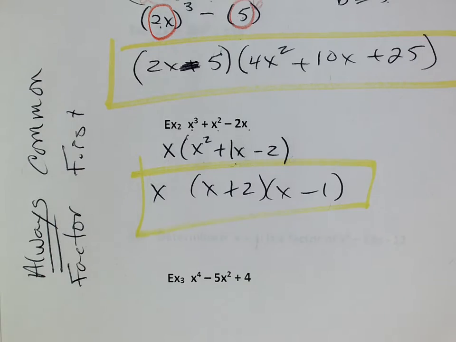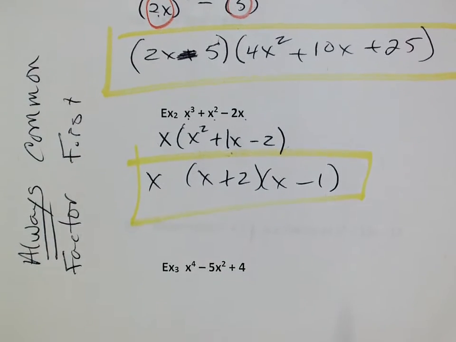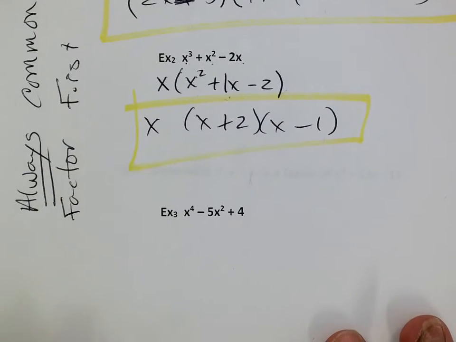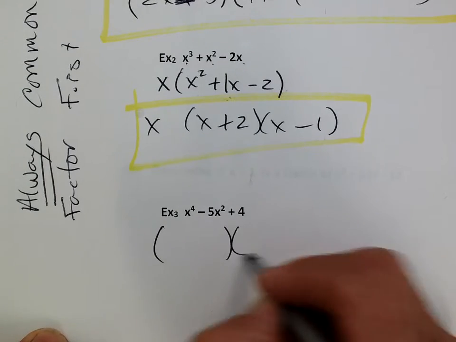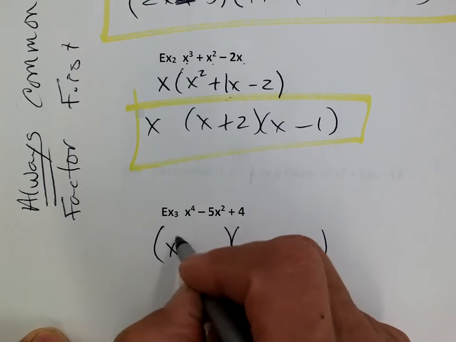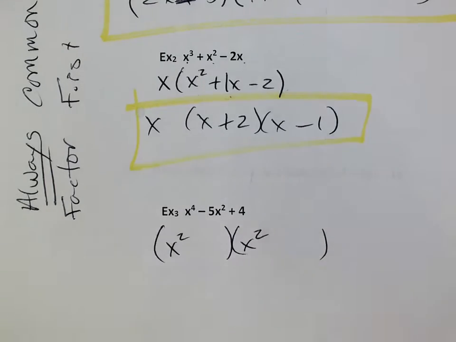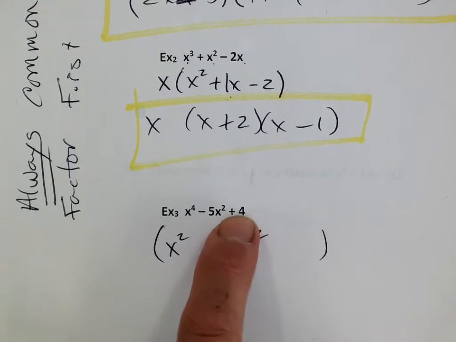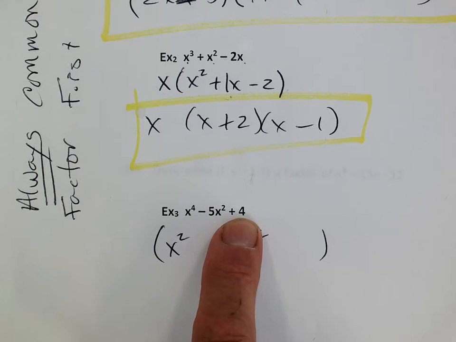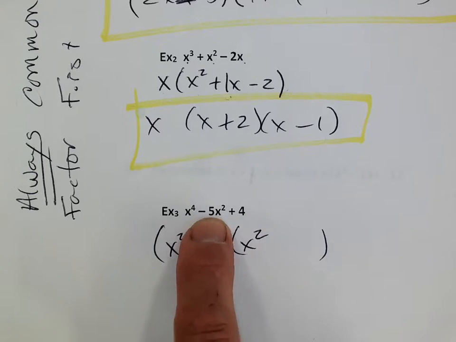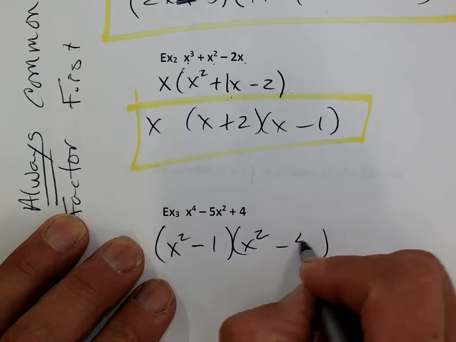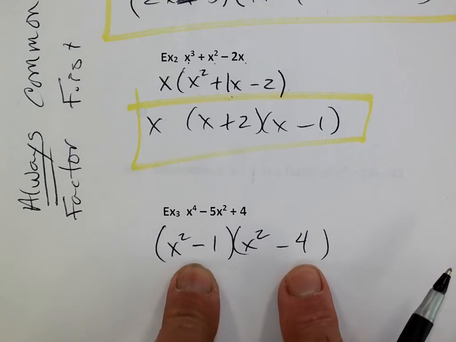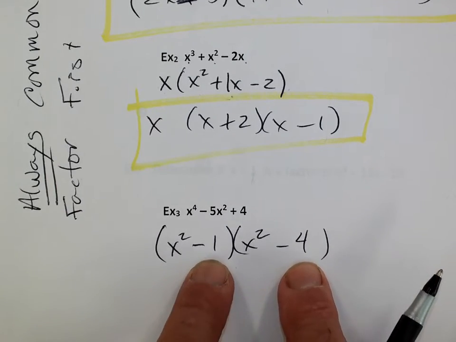Example 3. Let's see. I think I'm going to do this one like a trinomial. I'm going to go x squared, because x squared times x squared makes x to the 4th. And I think I'm going to use multiples of 4, but I'm going to use 1 and 4, because 1 and 4 will make a 5, but I'm going to use a negative 1 and a negative 4, okay? Because negative 1 times negative 4 makes a positive 4, but when I add them I